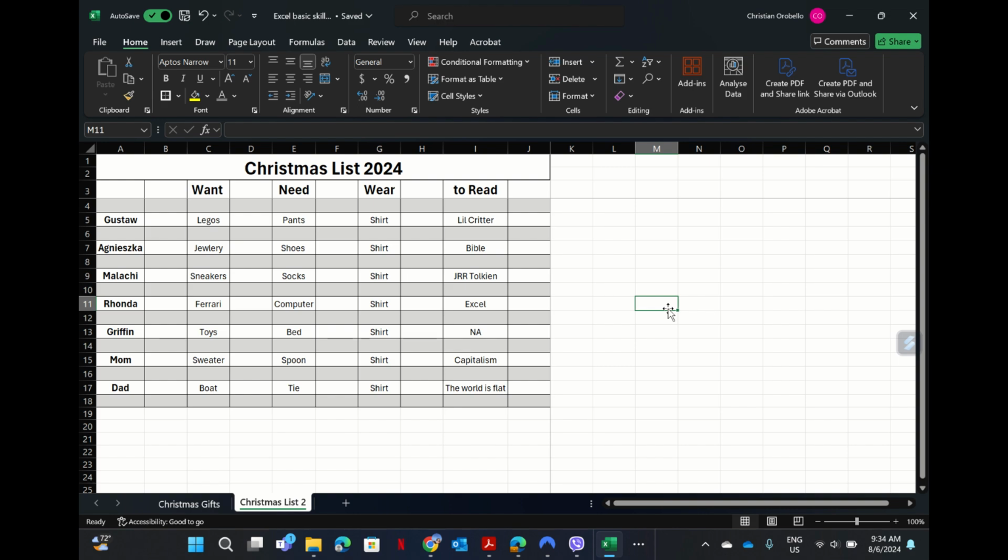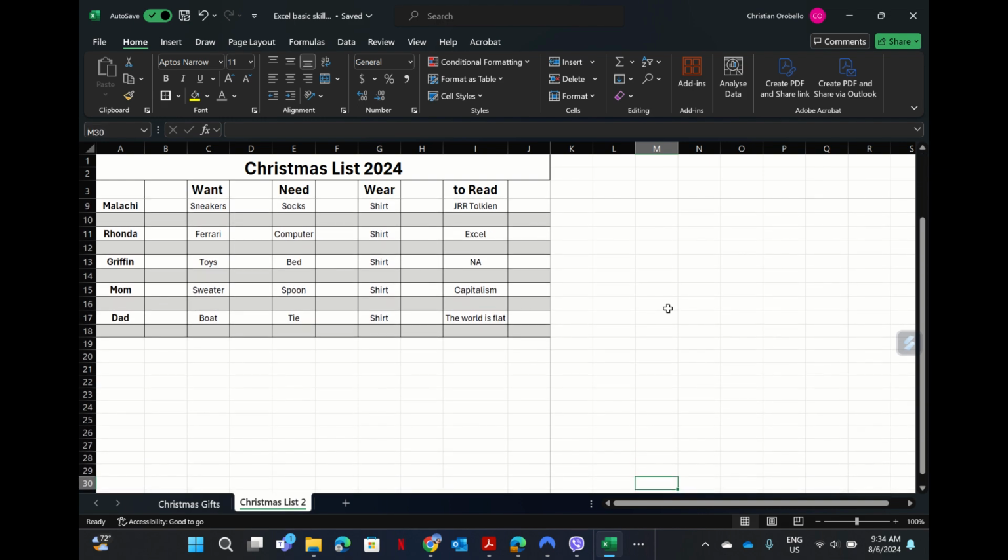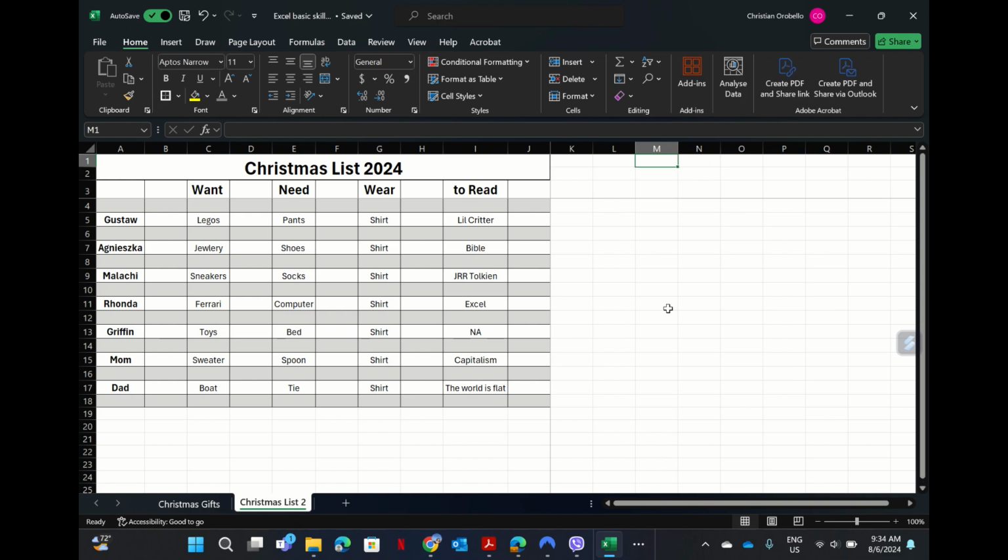So then it's quite obvious that it's separate from the rest of my list. And then if I go down, I can see what Malachi wants, what Malachi needs, what Malachi will wear, and what Malachi will read in terms of his gifts. Okay, so now